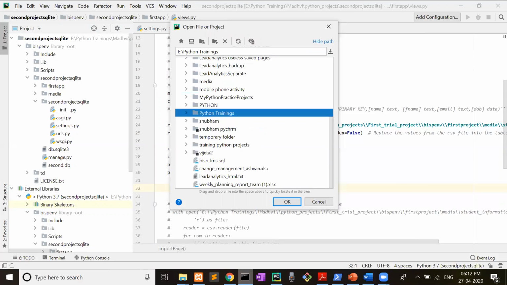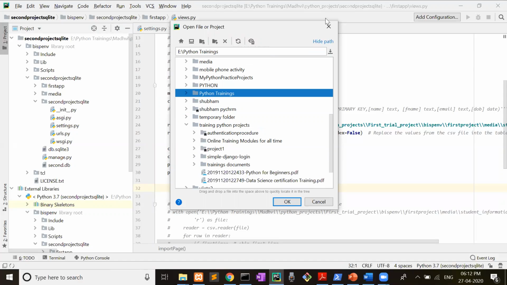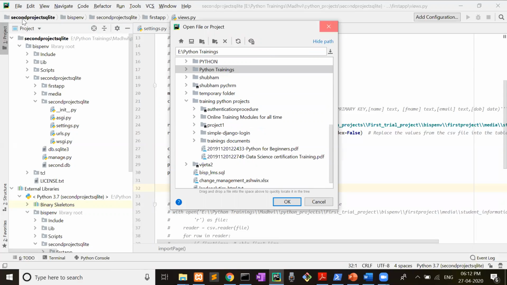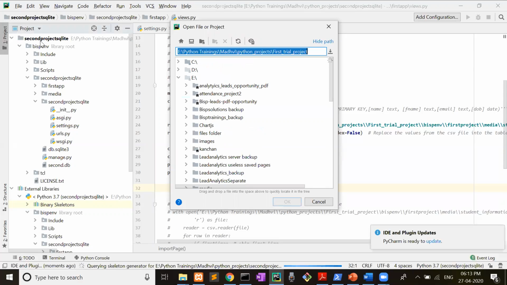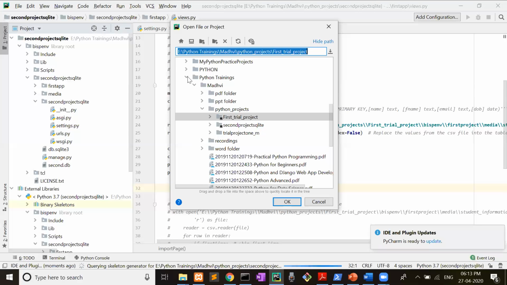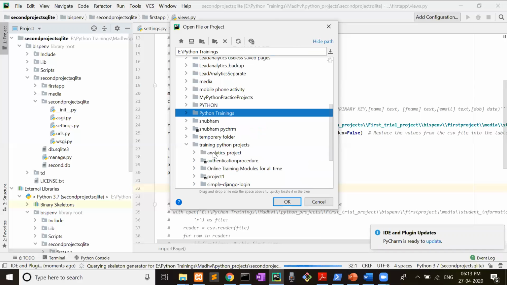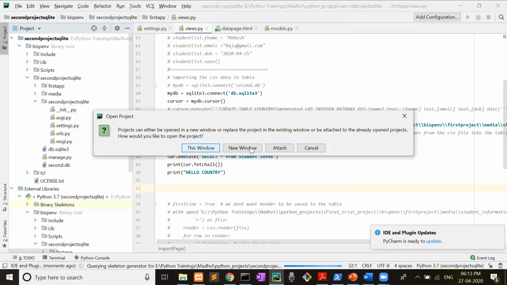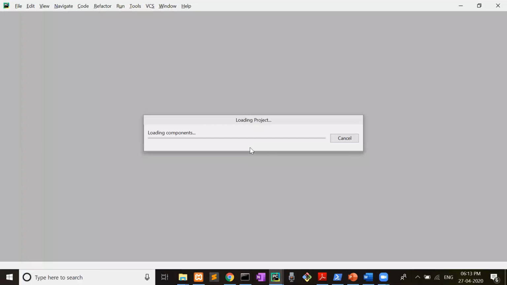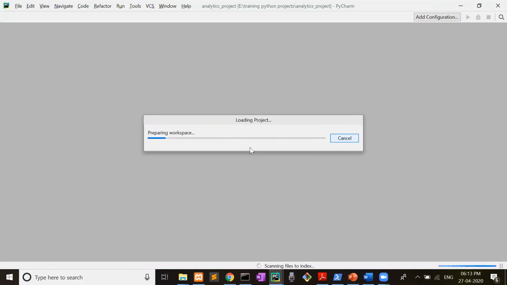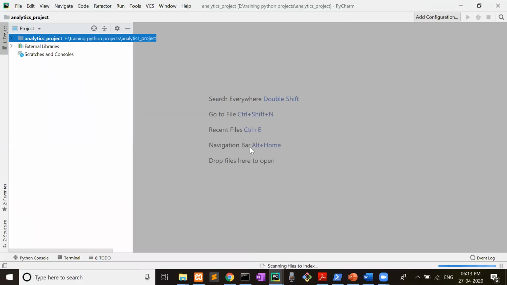Training Python projects. Just close it and then open it again. Yes, analytics project here. Now I'm going to open this analytics project. Yes, our project is now open.